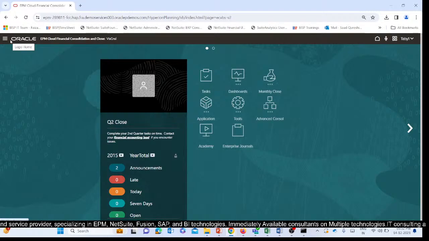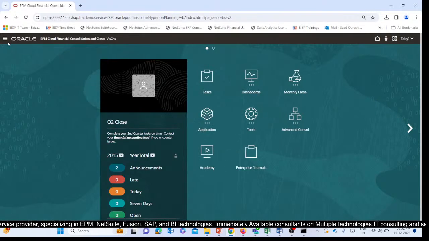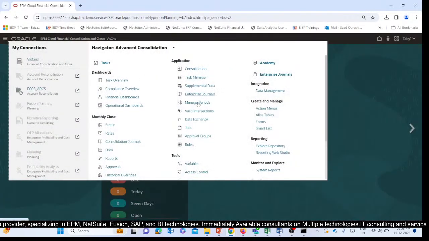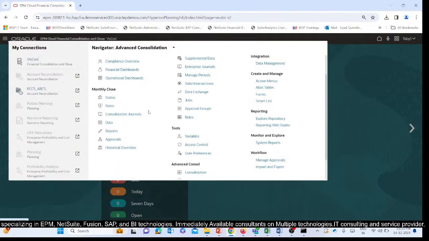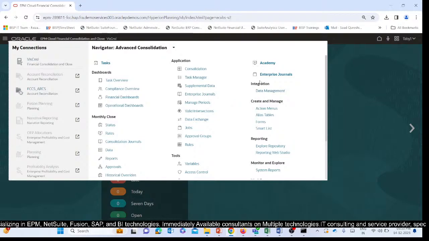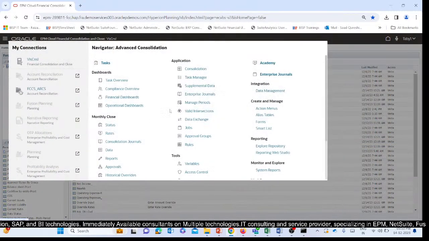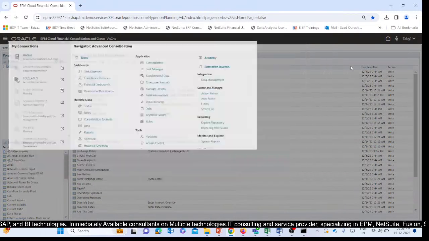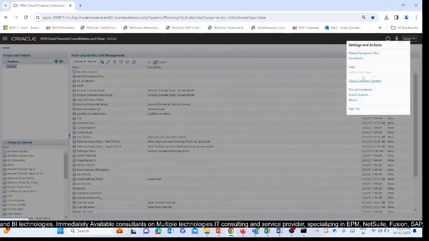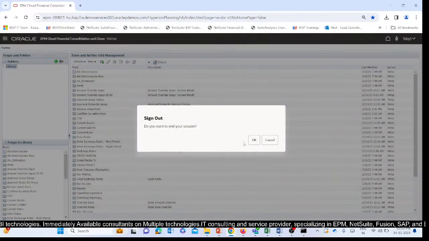He is the power user, so he has access to all these things: Academy, Data Management, Forms. Mainly he can open forms. As compared to users, he can create forms as well. Here you can see the form option is there. So Tabby can perform the functions of a power user. He is an accountant. I simply sign out